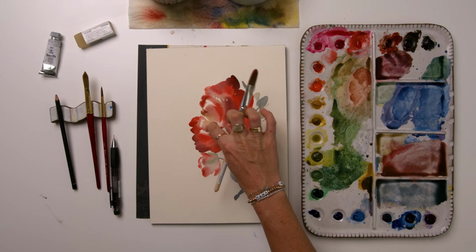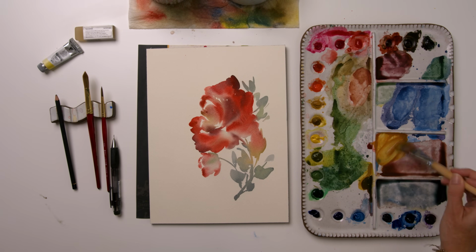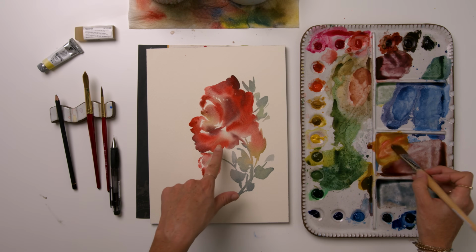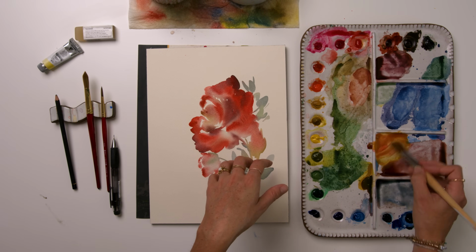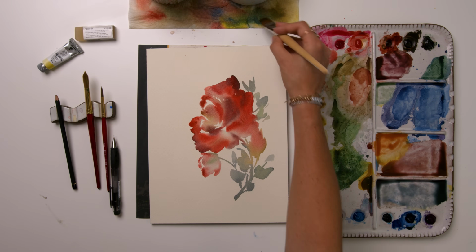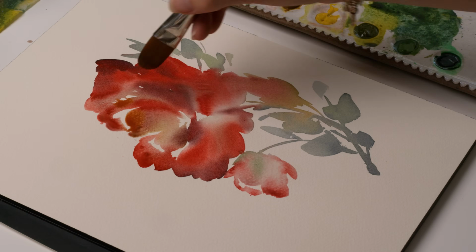There's some yellow. So I'm gonna grab some more of this primary yellow and mix it with more red. I don't want to add too much of this orange because I'm really liking how the darks and the lights, the hues in the purples and reds, are showing this big contrast, so I don't want to overcome that too much. I just want to maybe just add a touch of orange here and there,